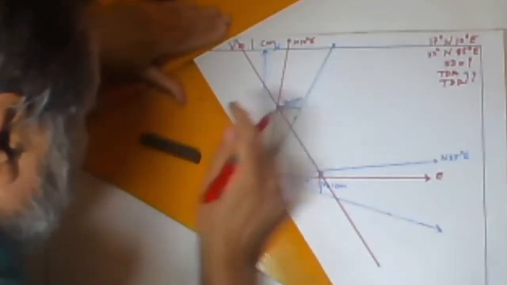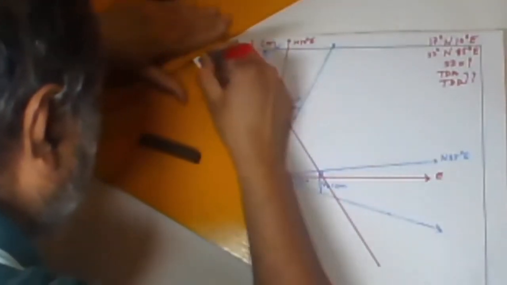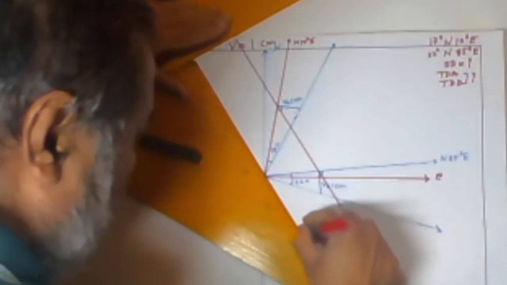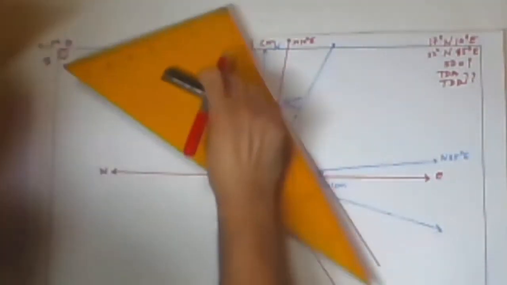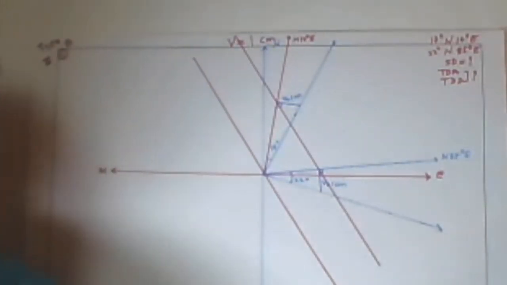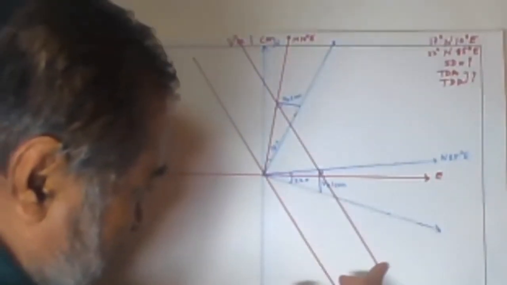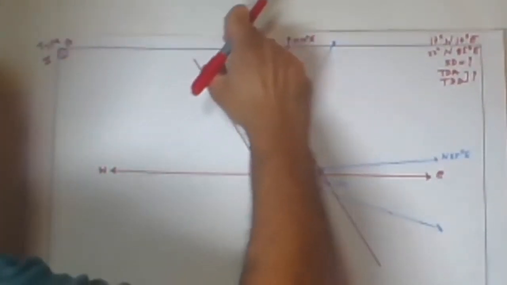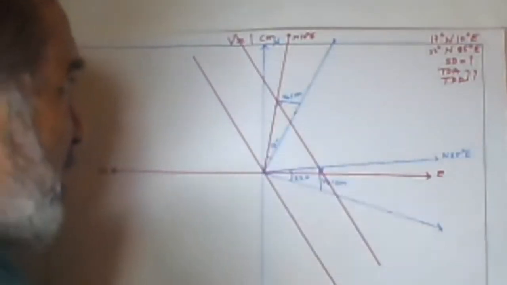Then come to the center point. The center point is joining. Draw the line till these two ends at a proper place, so the bed will be correct. This line should not be completely here. It should be parallel and these two should be parallel. Yes, so this is done now.